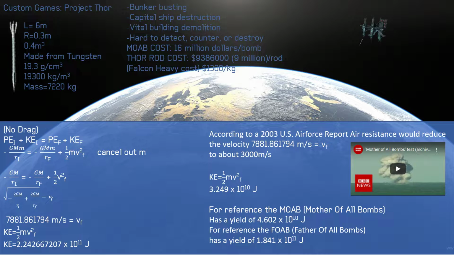So for kinetic energy initial, we're going to be using the work energy theorem, right? We know that work is zero as it's simply just dropping from the sky. So we can rearrange the equation as such. And we're going to be isolating for final velocity here, because that's what's important. So we're just going to rearrange the equation here. So gravitational constant, mass, and mass. We can cancel out all the little masses. So